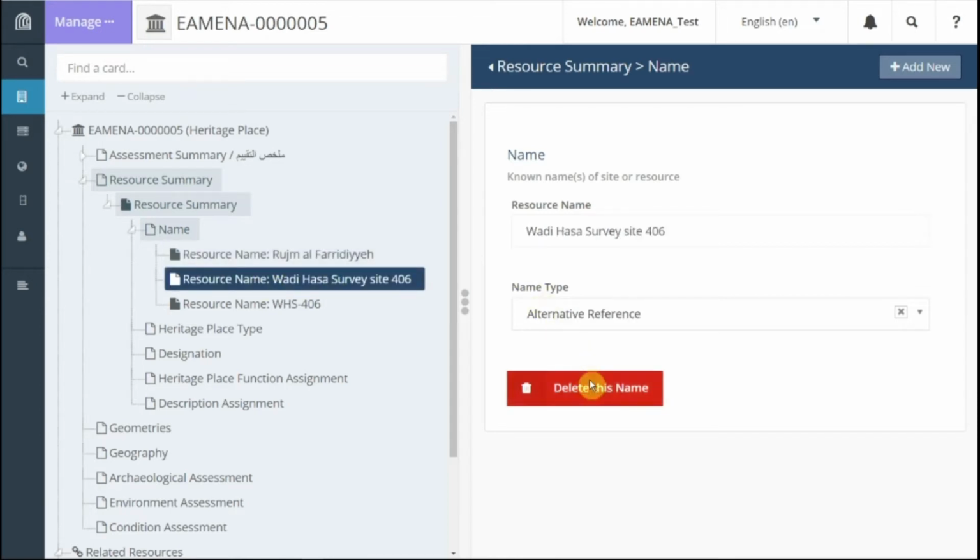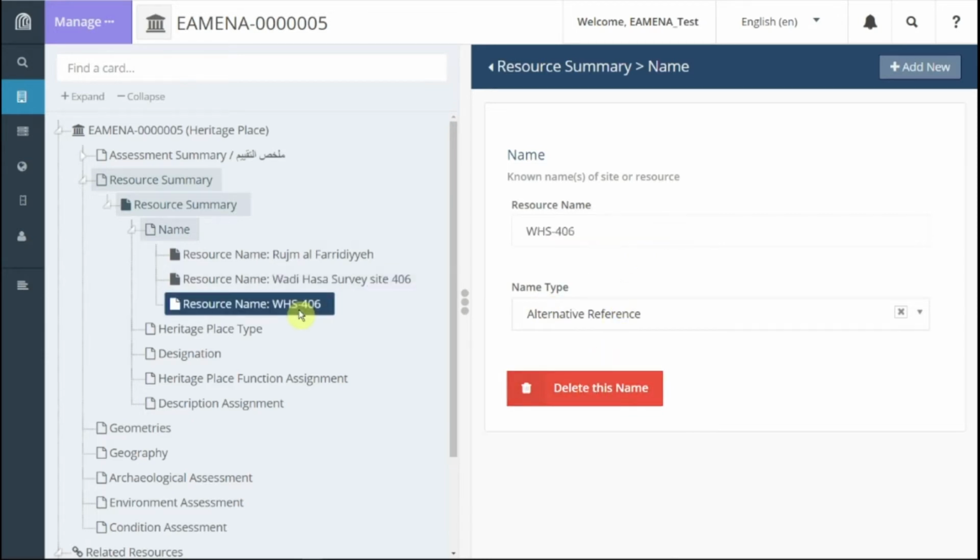If you want, you can delete this name, or you can edit the entry, as I'm doing in this case. After you edit, you just have to save your edit. To go back to the resource summary window, just click now on resource summary.